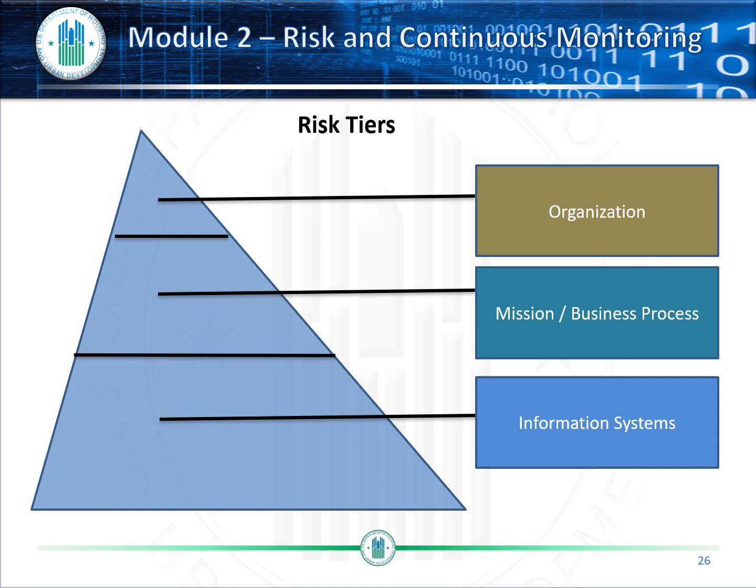Tier 2 risk management activities include defining the mission and business processes needed to support the missions and business functions of organizations, prioritizing the mission and business processes with respect to the strategic goals and objectives of the organizations, defining the types of information needed to successfully execute the mission and business processes, the criticality and sensitivity of the information, and the information flows both internal and external to organizations,